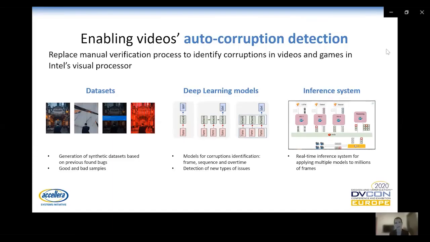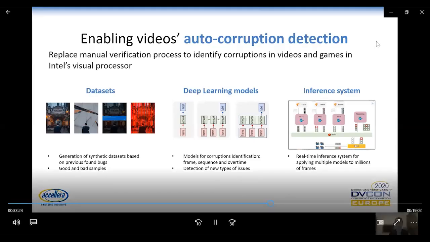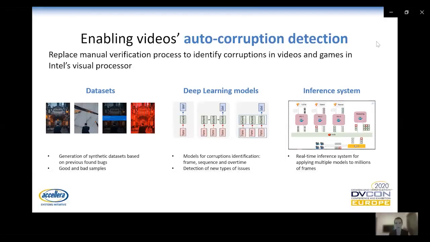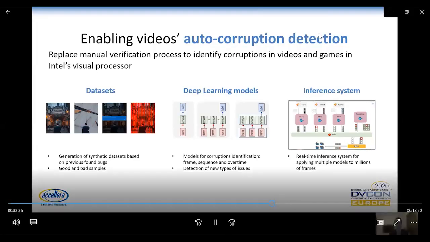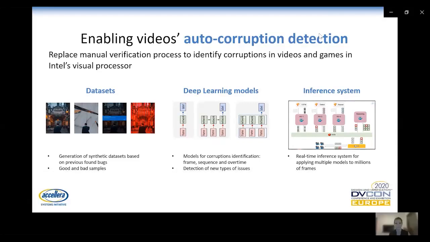And if you remember, at the beginning of the presentation I talked about the fact that deep learning models outperform when we're talking about videos as an input. So the machine learning algorithms were trained in order to identify corruptions that are included in the datasets, but also to be able to handle new corruptions that have not necessarily been synthesized in the dataset that was given as an input.